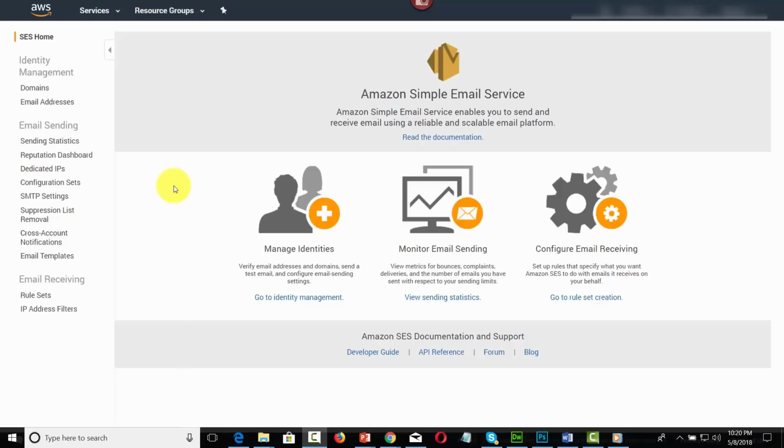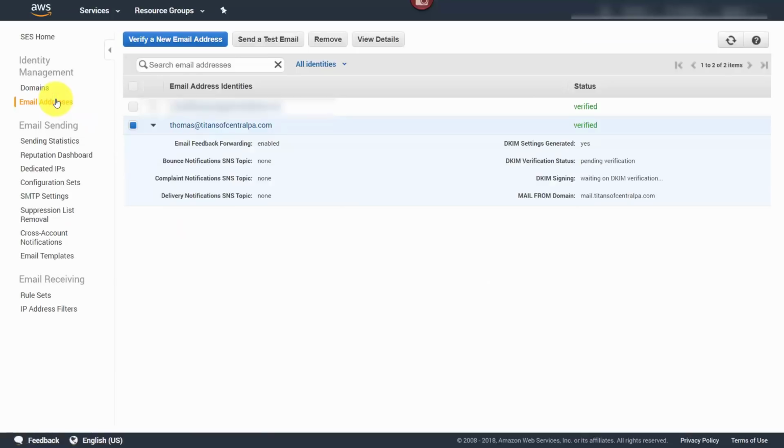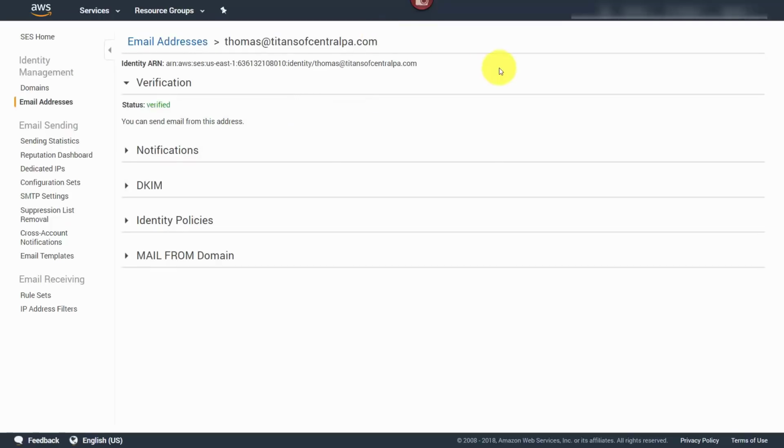Now, although we already have our DKIM set up through our domain verification process, we're going to go to our email address and we're going to set up our notifications. And this is the second part of the process. And we're going to go into our email addresses. We are then going to go back to the email address and we're going to click View Details. When we get to these details,